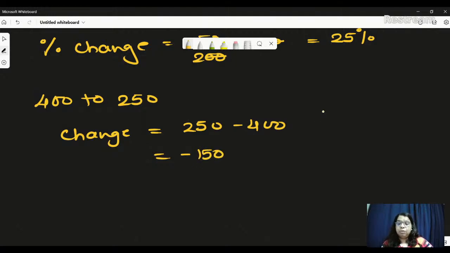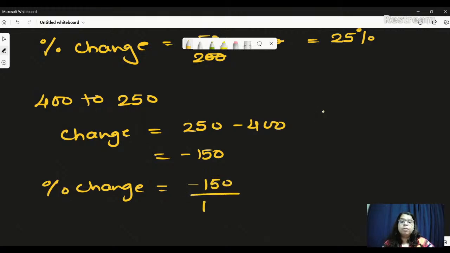So my percentage change is equal to minus 150 over 400, because that is the original value, multiplied by 100. 150 divided by 4 is how much? 37 point